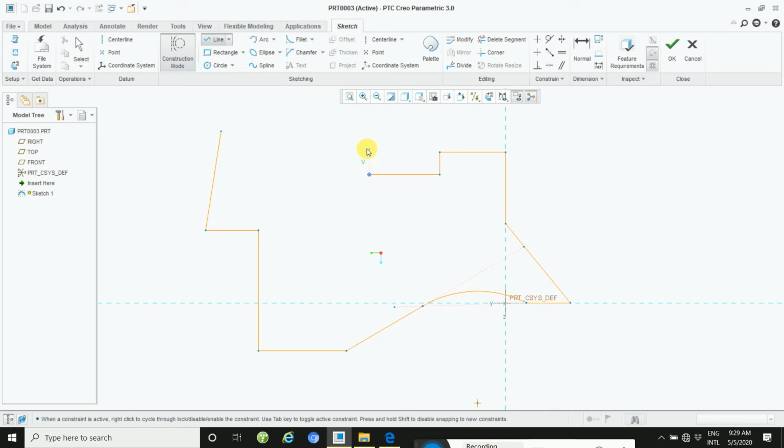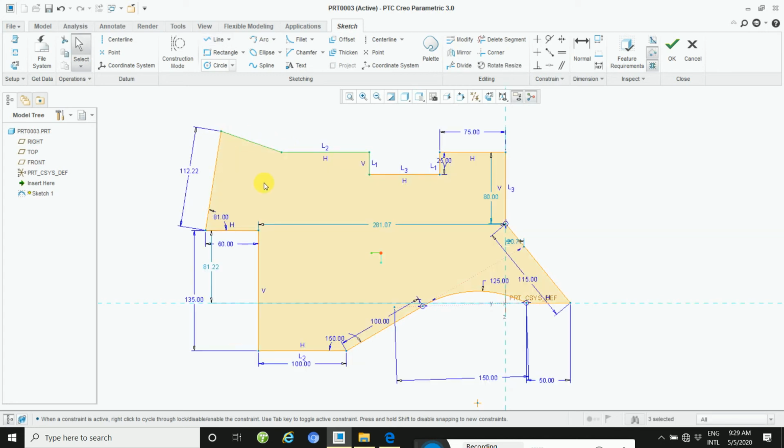Okay, out this mode, this line is distance same, and then 130, and then click this time. Okay,